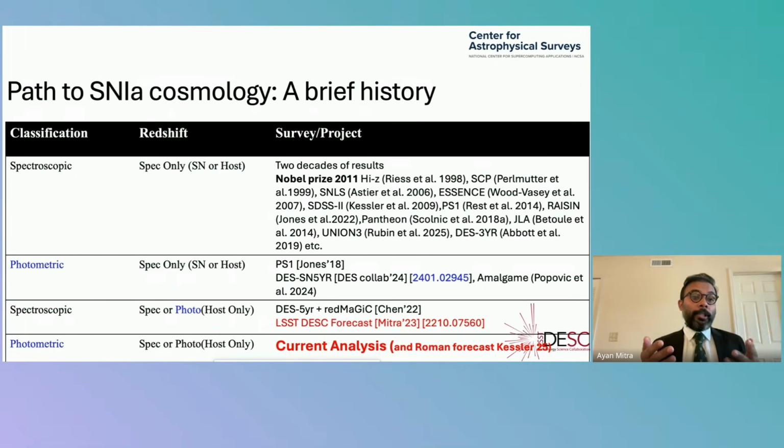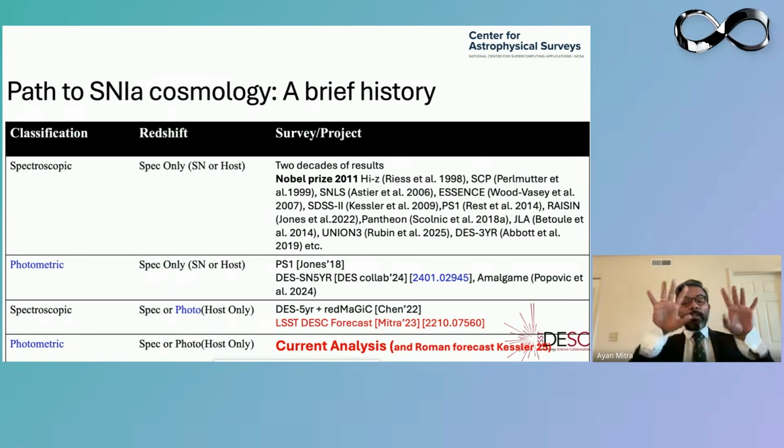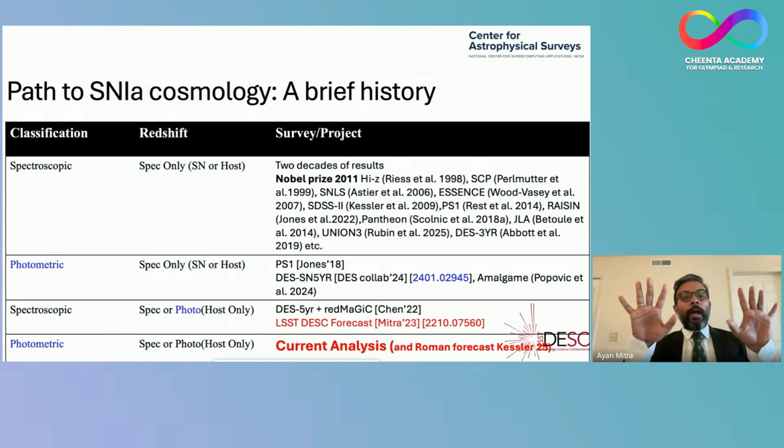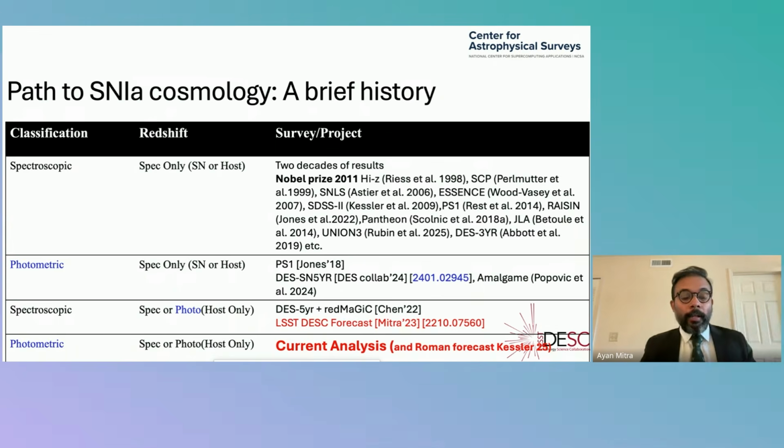So the trade-off is that you do photometry. Photometry is more of a statistical measurement, so you can do a lot of those quickly. But the cost you pay is quality. You will have some error in your redshift measurement, and so your distance estimate might have some error also. So you will not get an accurate measurement. But with the huge number of objects, we have to use photometry for a lot of them, because otherwise we have to throw them away. So what's the point?